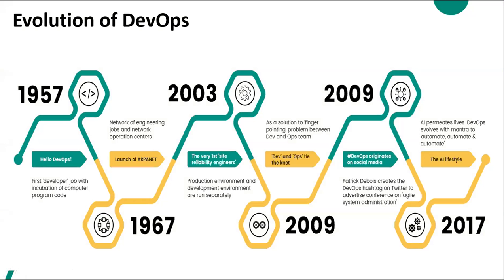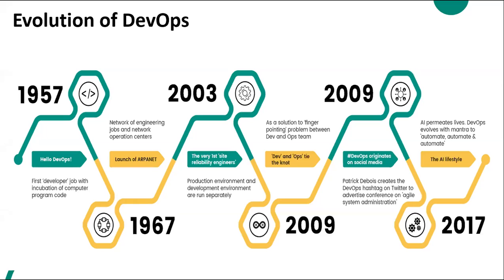The DevOps concept started with the first computer programming language. The concept itself is not new. It started in 1957, created as the first developer job. In 1967, a company called ARPANET, which is the basis of the internet, created the job of network engineer and a network operation center. The concept disappeared until 2003. In 2003, Google hired someone to lead the first SRE, which is someone responsible for maintaining the production